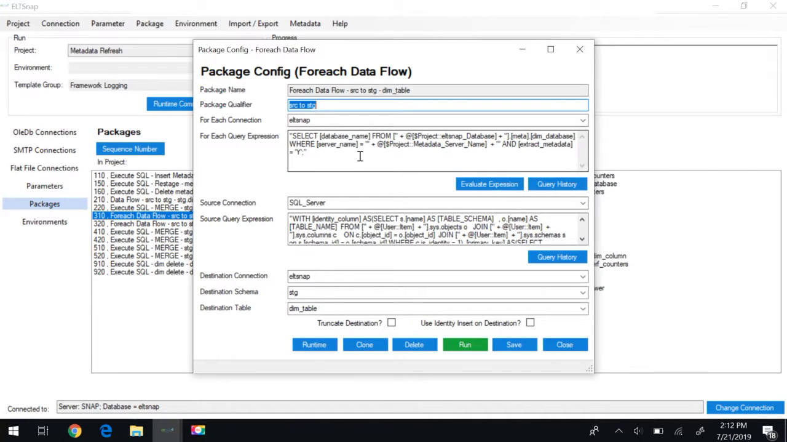And so any database that comes back from this will then be used in the second query, which in this case will extract the metadata from the proper database. The destination will go into the eltSnap database. This is where we house all of our metadata. It's best thought of as a little metadata manager built into eltSnap. And we're going to stage it into the dimension